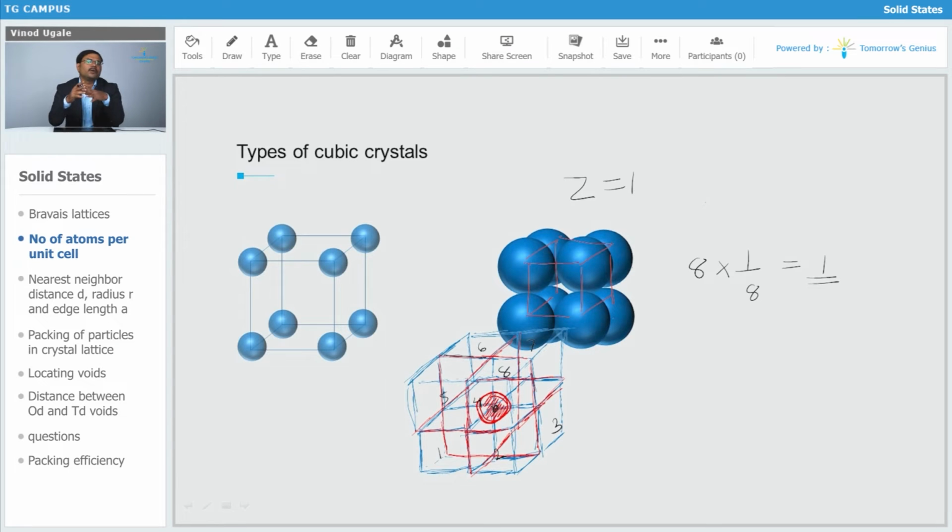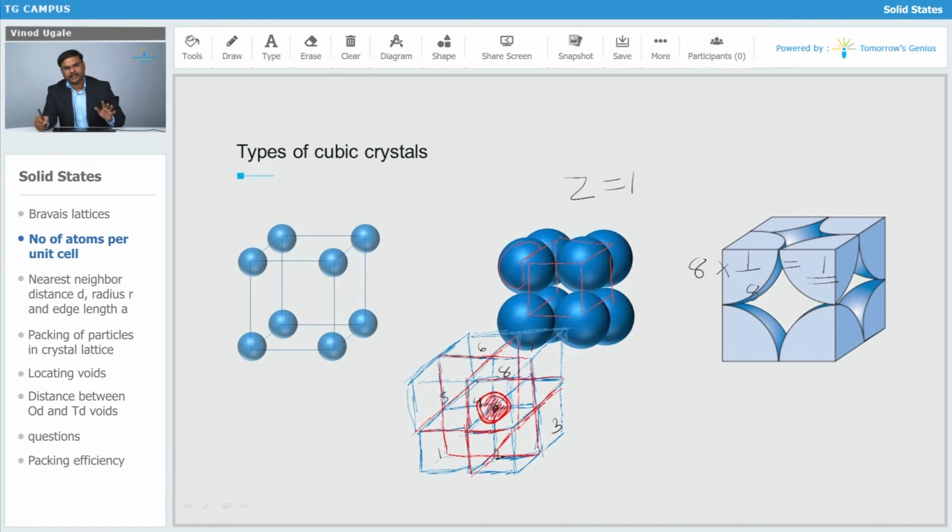Okay, but if I want to draw the unit cell having the particle with 1/8 part of contribution only, what I will have to do is remove this extra spherical part. So what type of structure am I going to get after that? You can see that this one part is 1/8 part, this one is 1/8 part of one constituent particle, correct. So in this manner we are going to have 8 parts, therefore we are multiplying 8 into 1 by 8 and we are getting one atom in one unit cell.